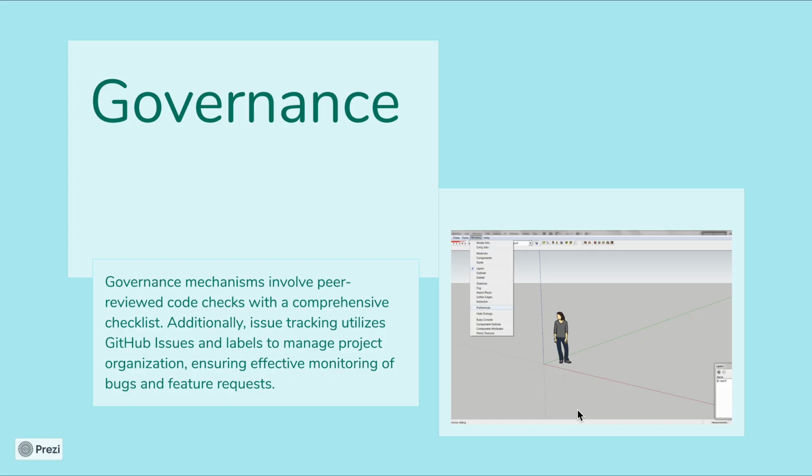To ensure quality and accountability, we have implemented peer code reviews with a checklist. GitHub issues and labels are used for tracking bugs, features, and enhancements. We have templates for bug reports, feature requests, and pull request submissions. We also meet weekly to sync on our progress, discuss blockers, and ensure alignment with our agile plan. So this is how we'll be handling our software process management